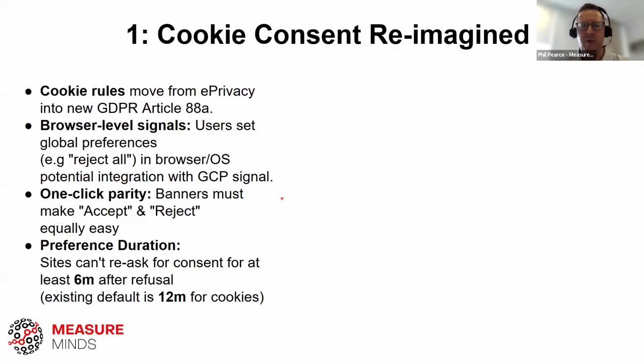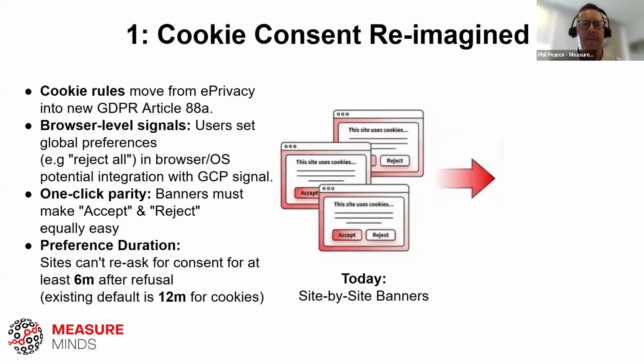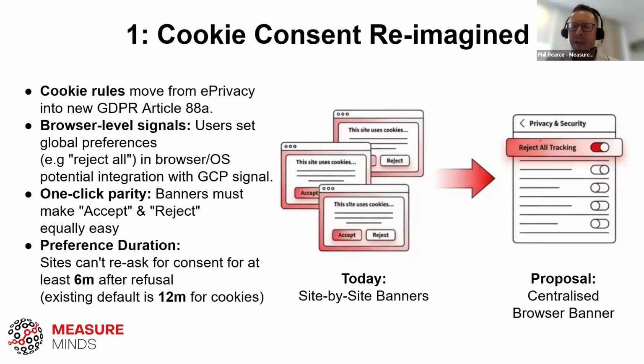The slightly strange piece within them is the proposal of a 6-month duration for remembering acceptance or denial, which is rather odd because normally the default was 12 months. Maybe that's a negotiating strategy, and it may be changed or standardized to 12 months, similar to California, which is also 12 months. So it's possible that the banner blindness problem or cookie fatigue may standardize into one standard